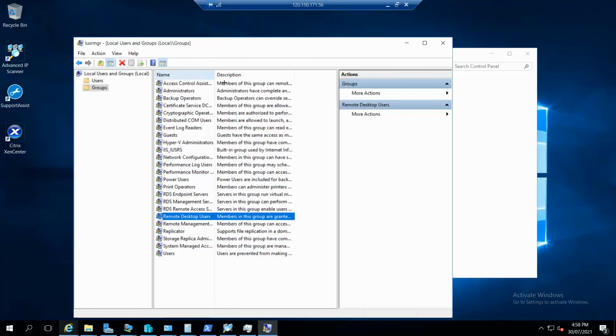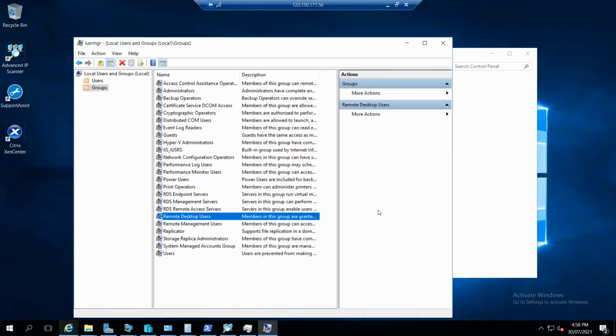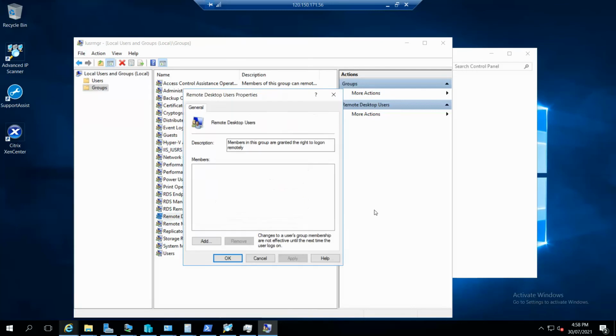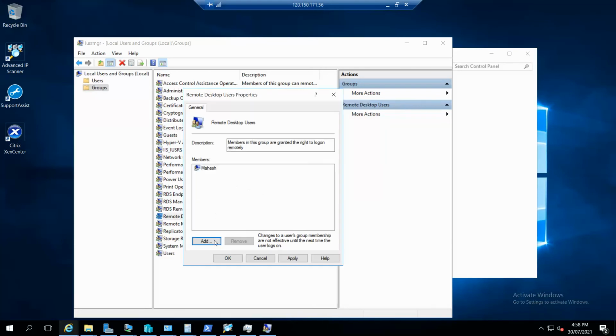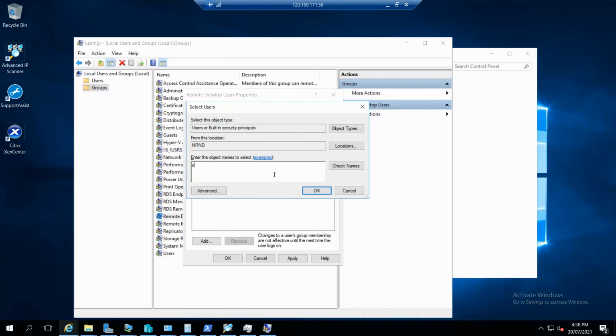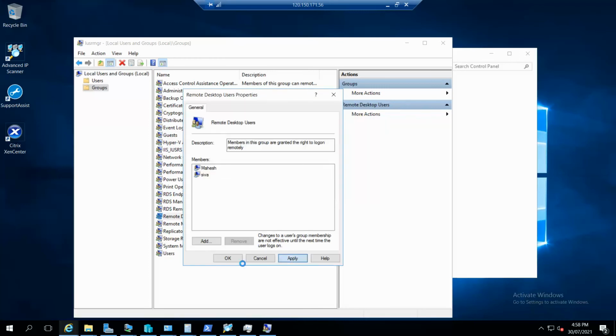Yeah. So what we need to do, go to remote desktop users. The member is not there. You can type Mahesh, check names, add Shiva, check names, apply.